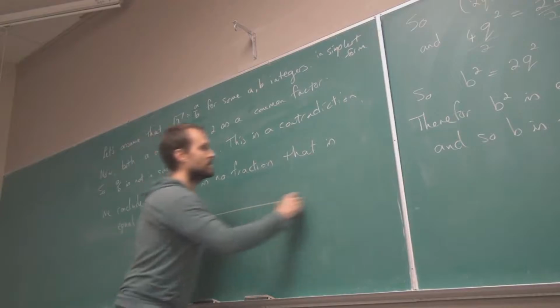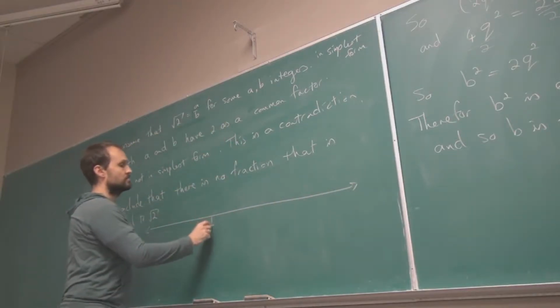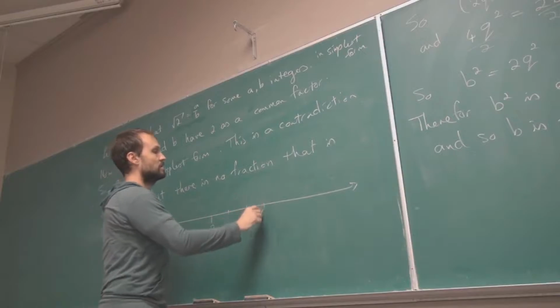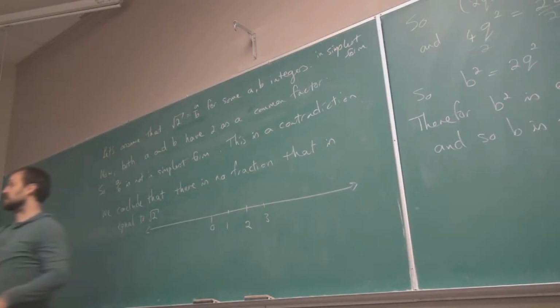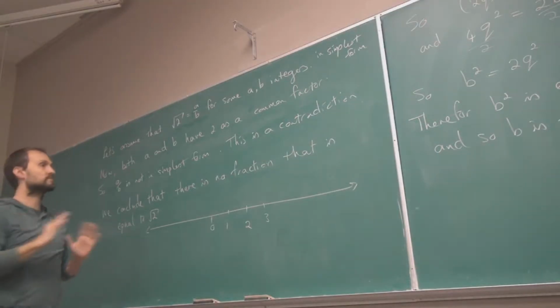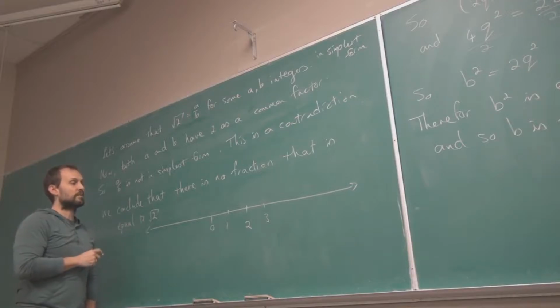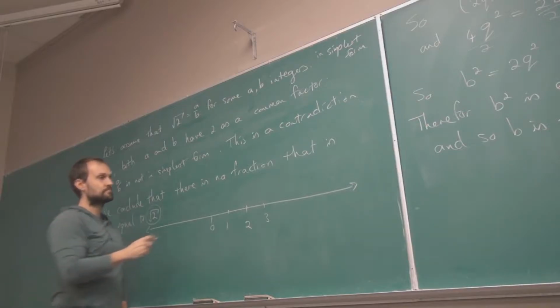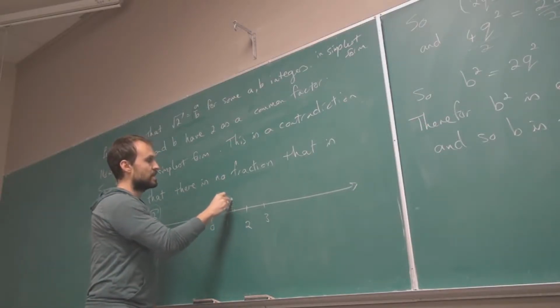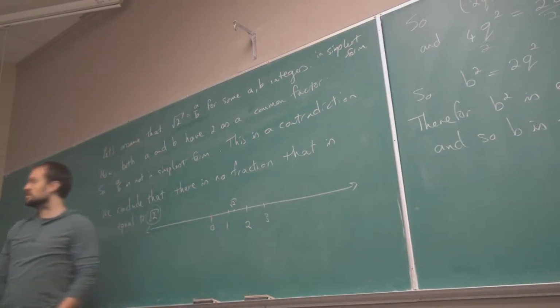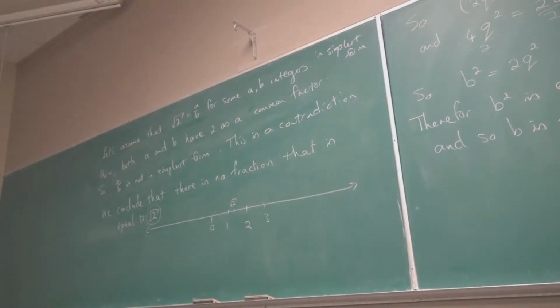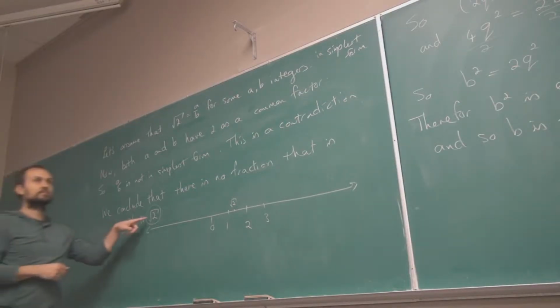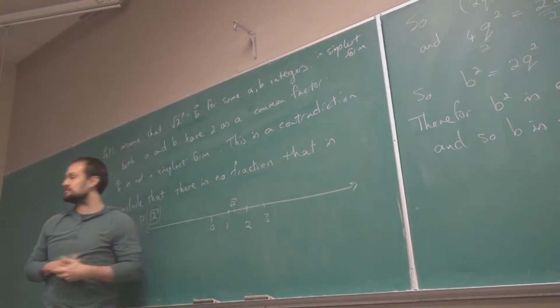Meaning that if I look at my number line again, I have 0, I have 1, I have 2. Yes, we have a calculator and can put that into our calculator. They didn't have anything like that. And at the time they believed that fractions, that was it. There's nothing else. There's no quantity that can't be represented by a fraction. Yet I found something. This guy cannot be represented by a fraction. That means there are numbers there, in fact many others, that the fractions don't cover. There are many other numbers, many other quantities that are not on this number line yet.